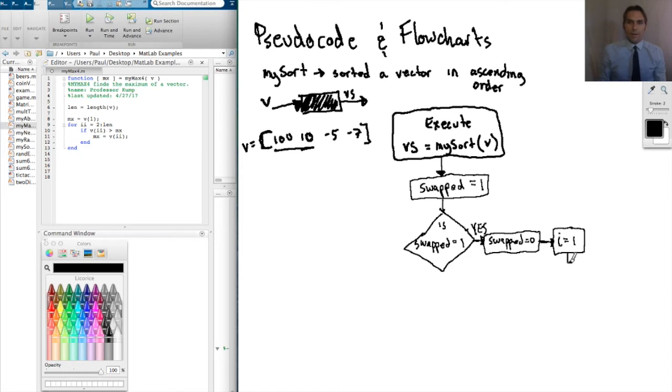So now I'll ask, is I larger than the length, so we'll have to get the length of our vector, n, minus 1, because we do n minus 1 comparisons. Right? For a length 4 vector, we compare 3 elements. So in this block here, we'll set swapped equal to 1, and we'll also get the length. N equals the length of our vector. So is swapped equal 1? Yes. Reset swapped, set I equal to 1. Is I larger than n minus 1? If not,